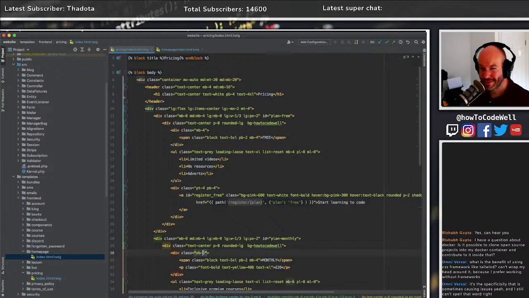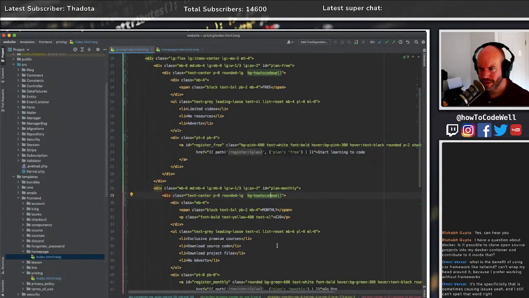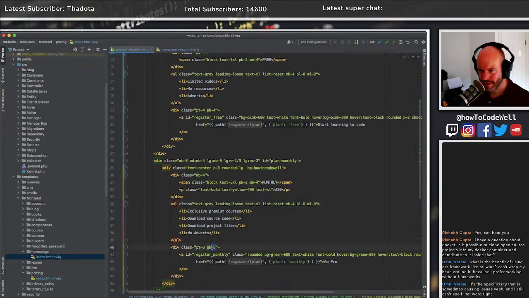That should be 4. 2 and 4. 2 and 4, yep. Margin bottom of 6. That should be 4. And then that should be 4 and 4.